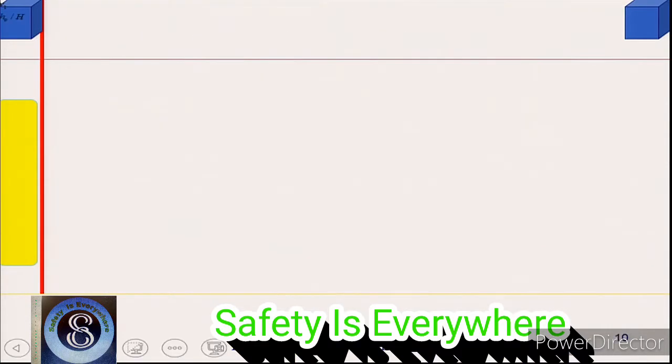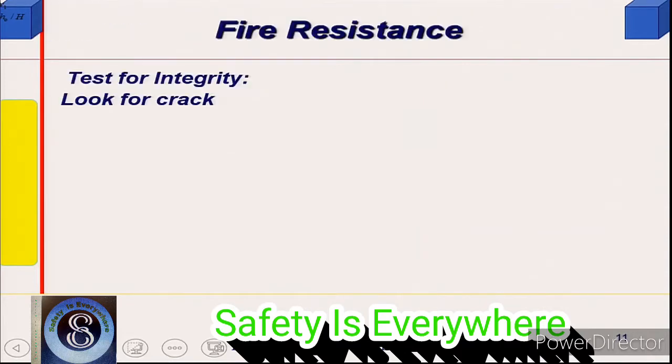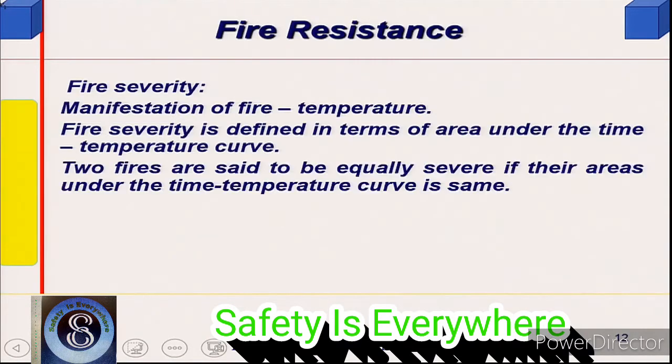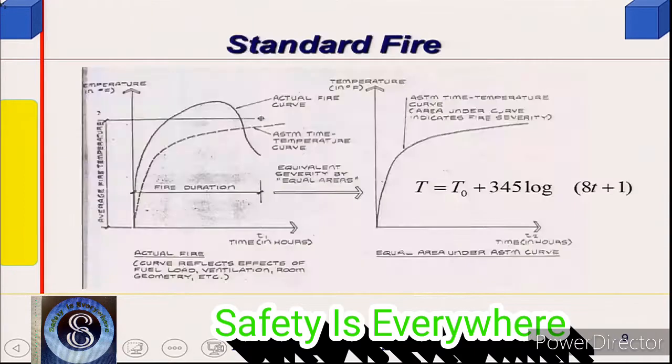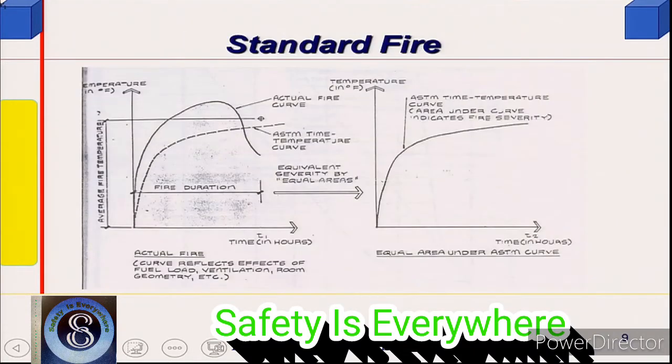Now, let me see if I have defined this fire load somewhere. Not really, here I have not defined. I will see if I have defined it somewhere. Okay. So, that is how we define fire load. Now,